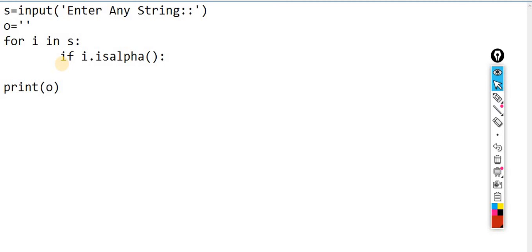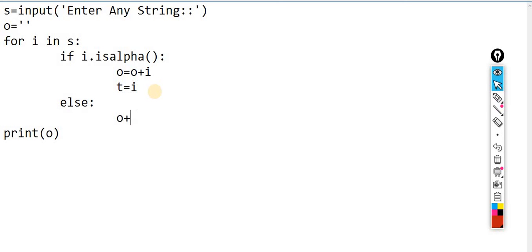If it is alpha, then you are temporarily storing this variable to this temp variable, and you are concatenating it, O plus I. Else, if it is not like that, then what you have to do,